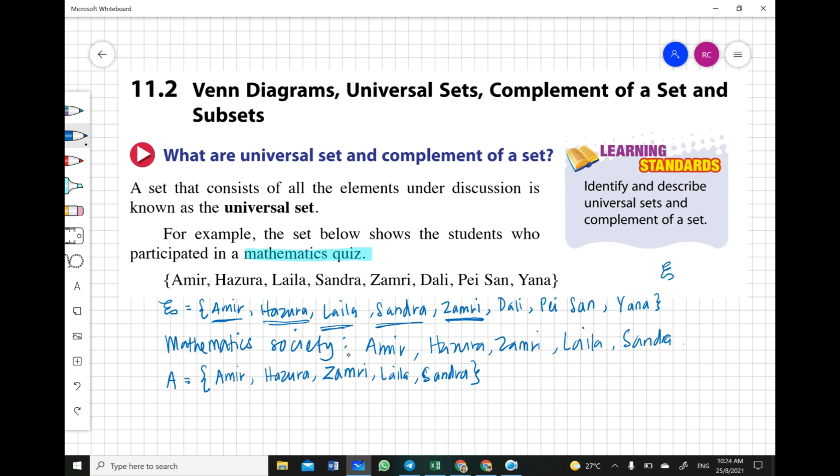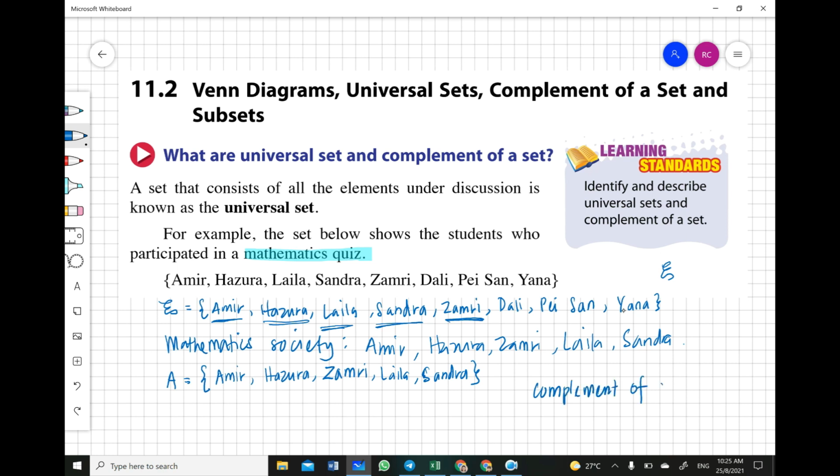So these 5 persons are the members of the Mathematics Society. Whereas the rest over here, Dali, Paysan, and Yana, are not members of the Mathematics Society. So we consider these students, the other students in the universal set, and we call them the complement of a set. Okay, I write down complement